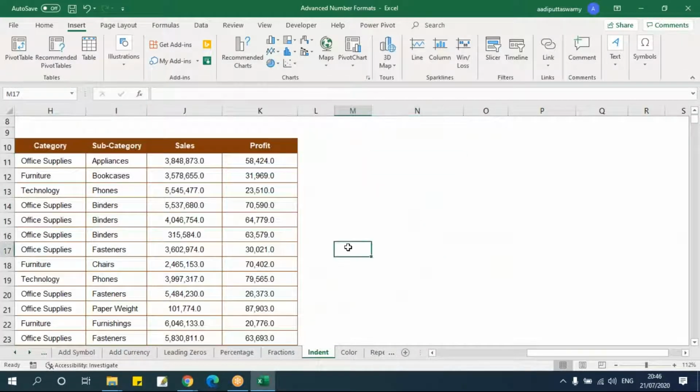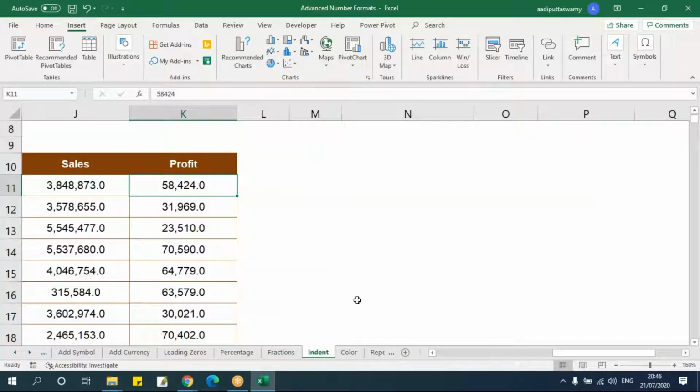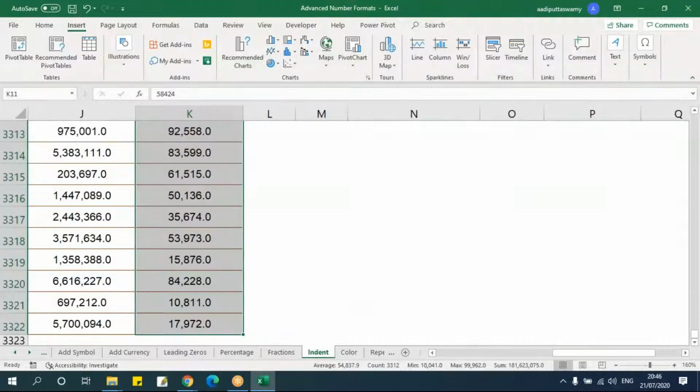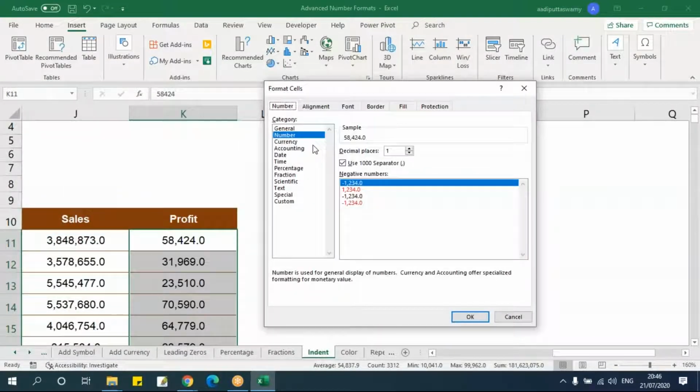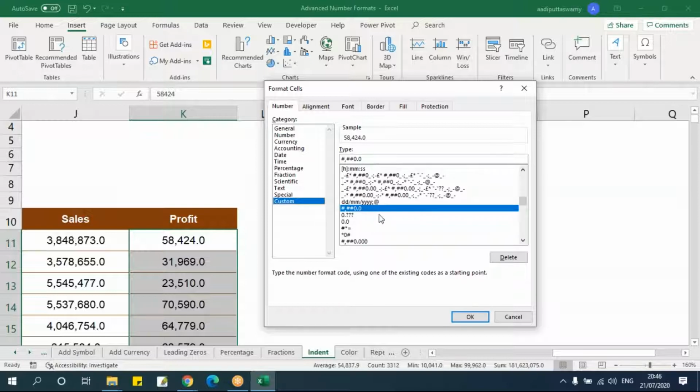But let's come to this indent. Indent, let me take this. Okay, we'll take this only. Let me go here and quickly format this with the 1000 separator, and here let's take one format. Just now we took this only.